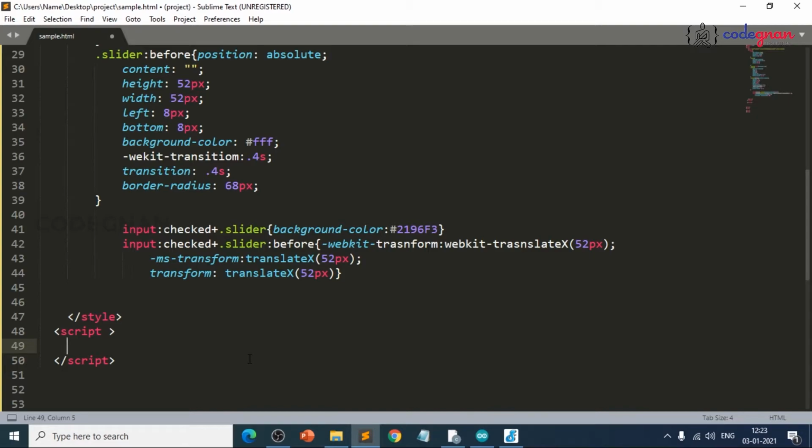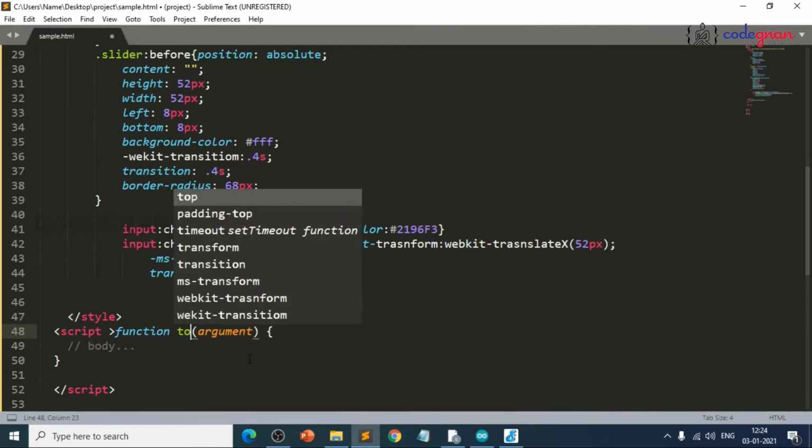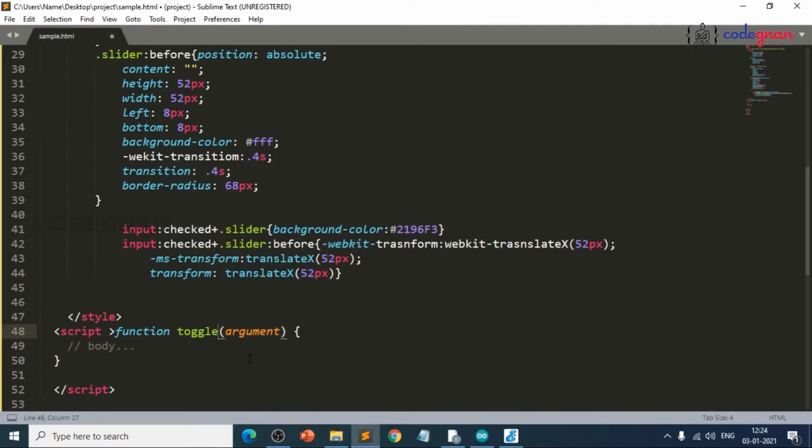So open this one, and we'll write a function. If you see, I've placed a function called f here. Automatically it will tell me that you need to write the function name and function argument here. My function name is toggle checked box.